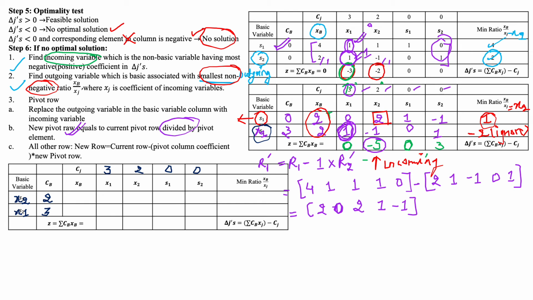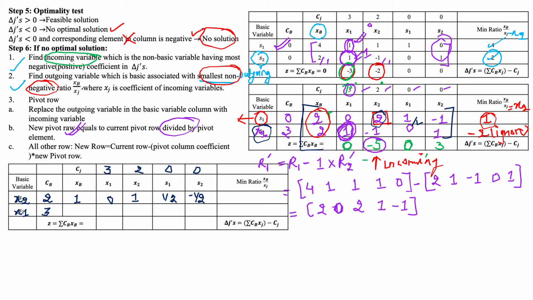Okay, now we have to check the pivot element. Pivot element is 2. So I have to make it 1. So I have to divide the whole row. I can only change this much amount of the matrix. So the whole row I will divide by 2. I will get 1, 0, 1. 1 divided by 2 is half, minus half.